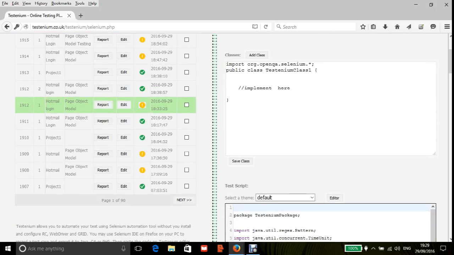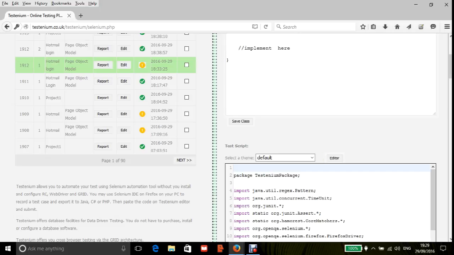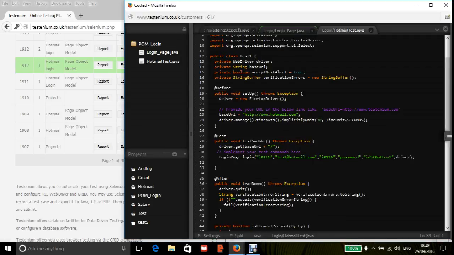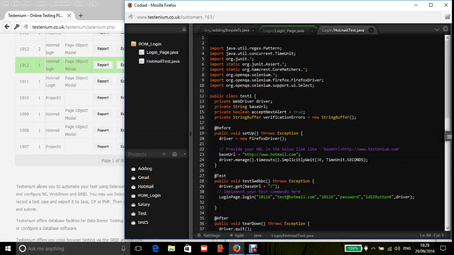Now you can see there's a new class template pop down, so you can implement your new test class. Which we can also select from previous test projects by going to the repository. So I'm clicking the editor button here, so that will pop up a new window, which is an editor window where you can see your previous test projects. So now the default one was